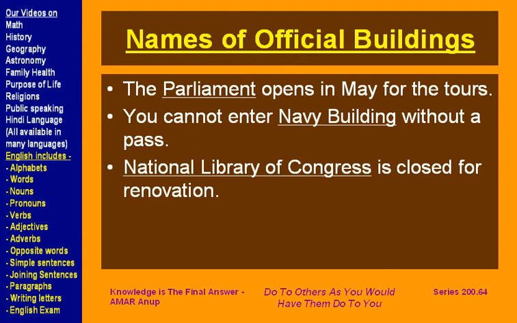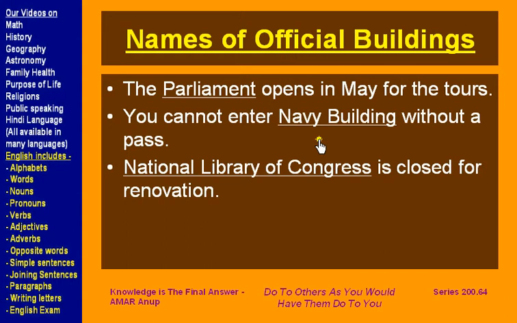Not only name of buildings but name of official buildings are also capitalized. Like here, the Parliament opens in May for the tours. P in Parliament is capitalized because Parliament is an official building. Another example, you cannot enter Navy Building without a pass. Navy Building is an official building which has the headquarters for the Navy. So even though the building does not have a name,